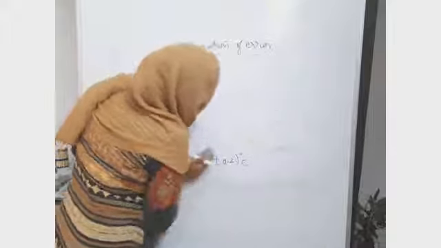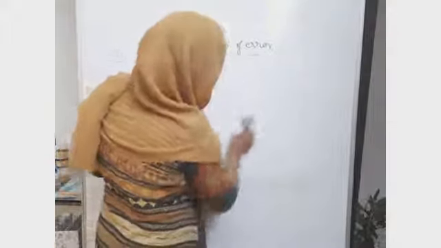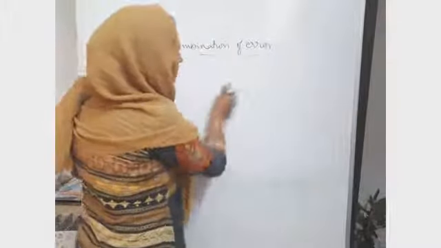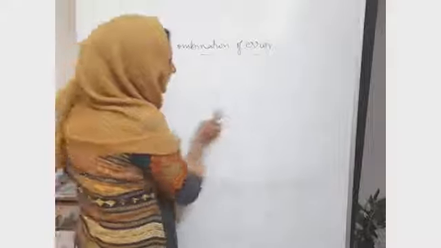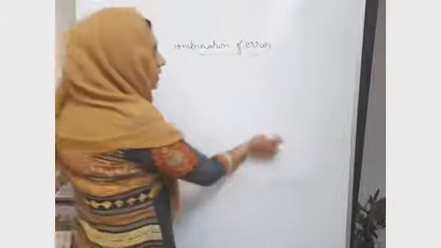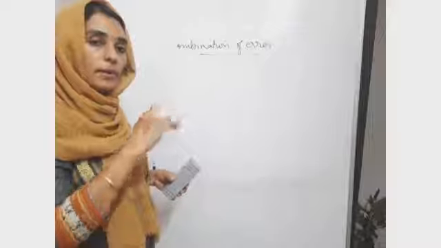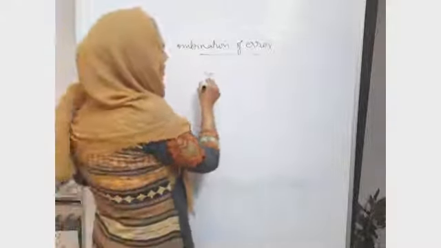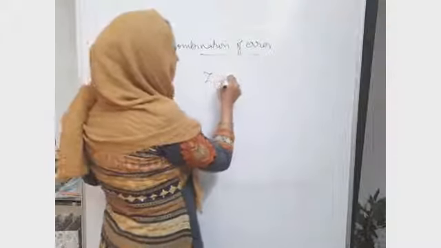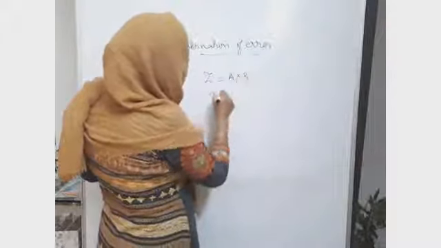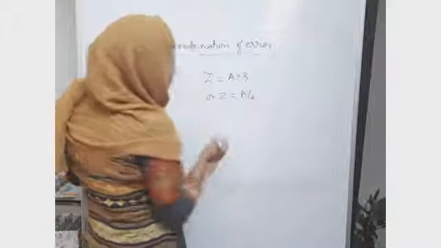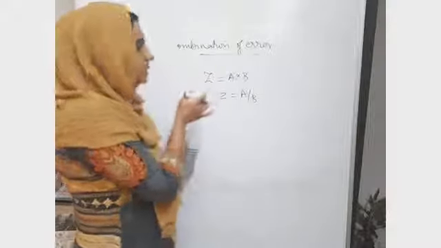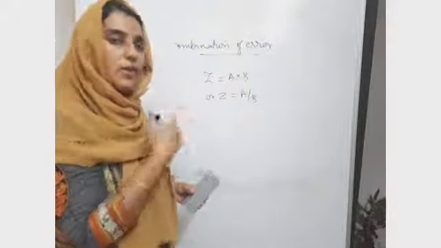Next is multiplication or division. How can you represent the error in a formula such that it appears as a combination, or you can say multiplication or division, or product or quotient? Say a physical quantity is related to other physical quantities as Z is equal to A into B, or Z is equal to A by B. Then the rule for combination of errors is the same, for product or division.